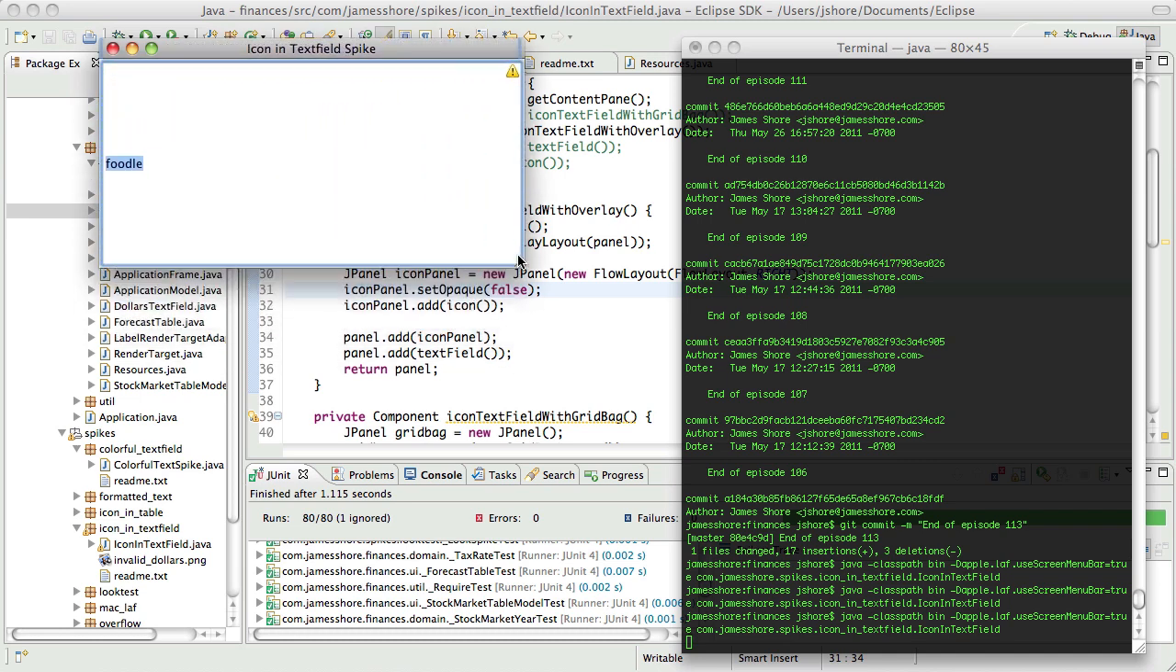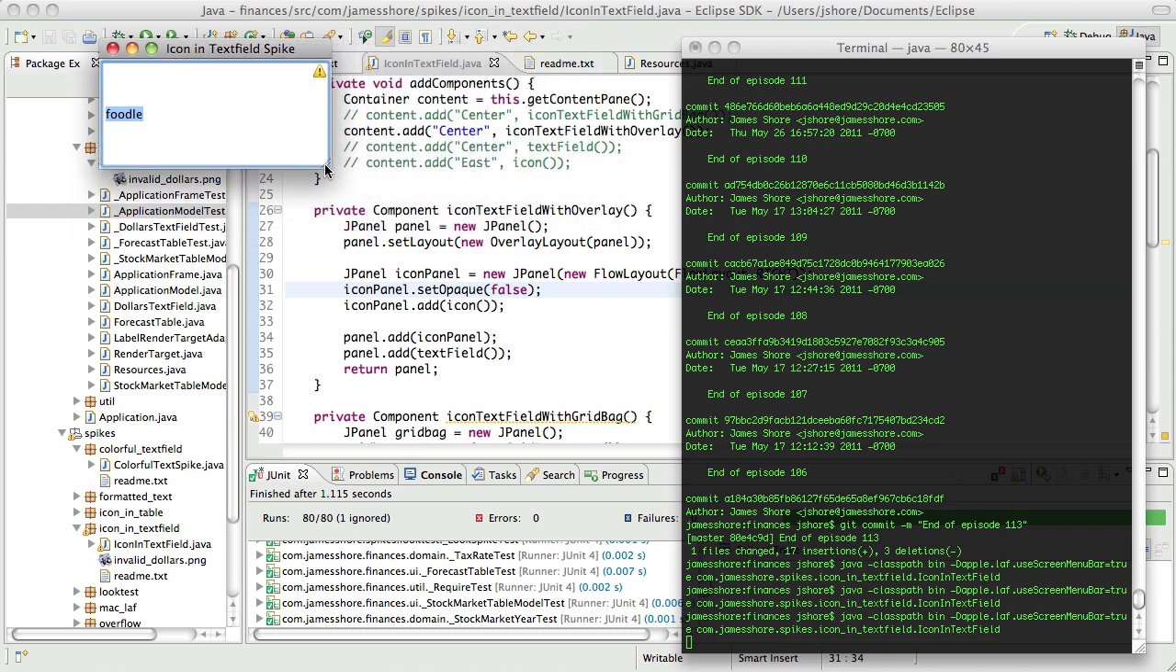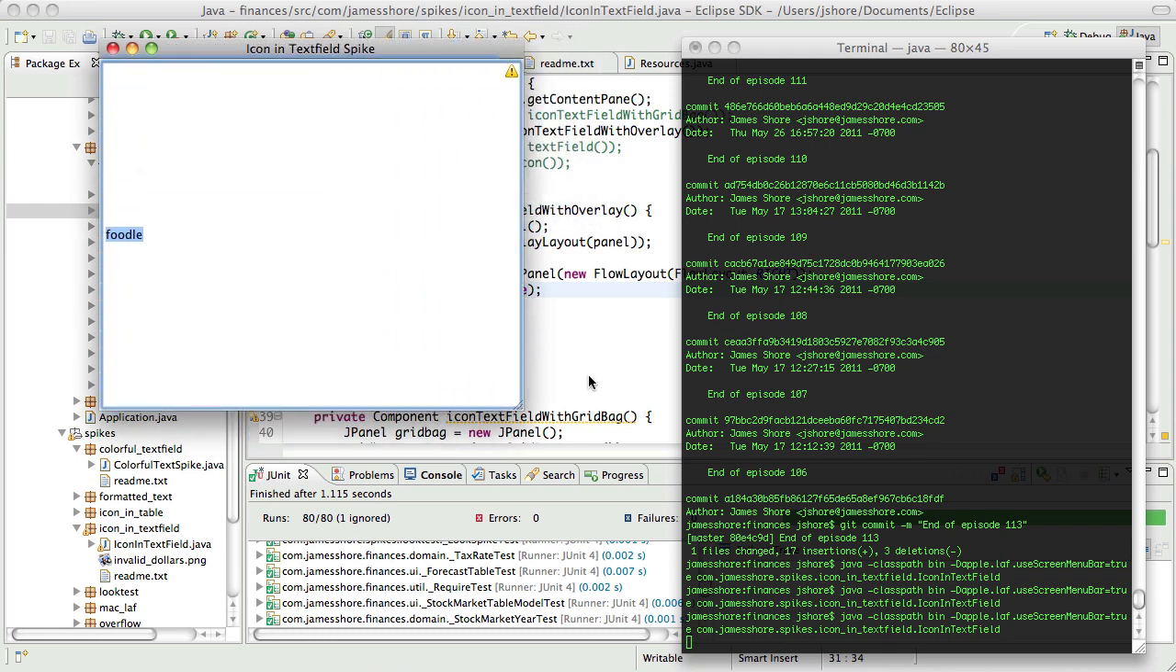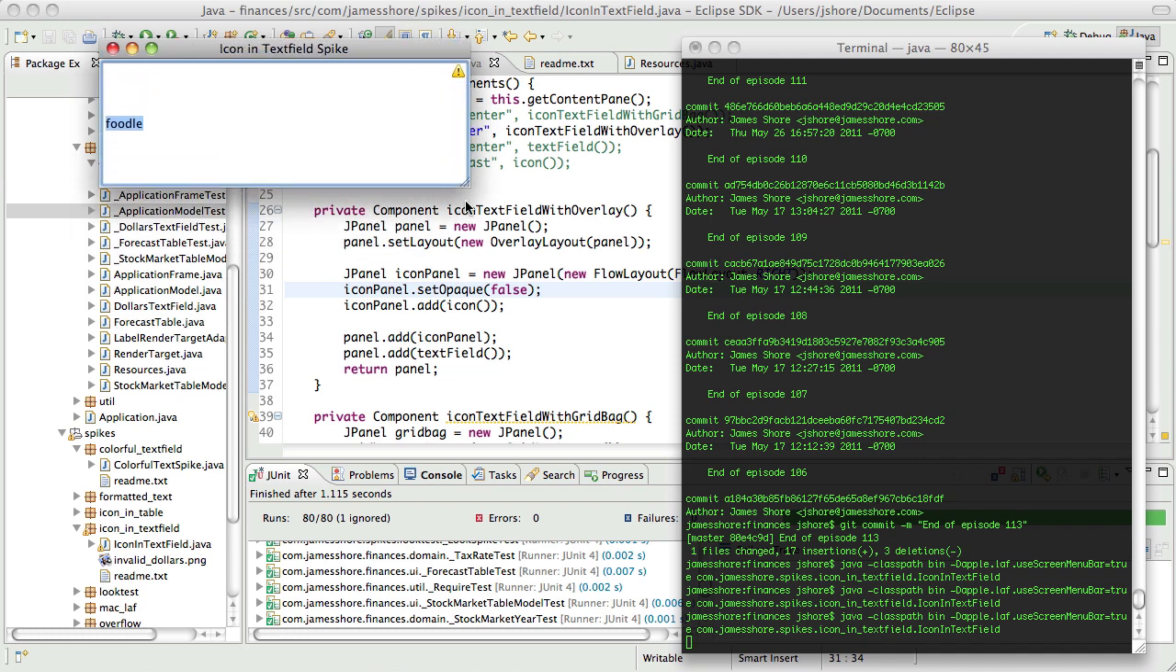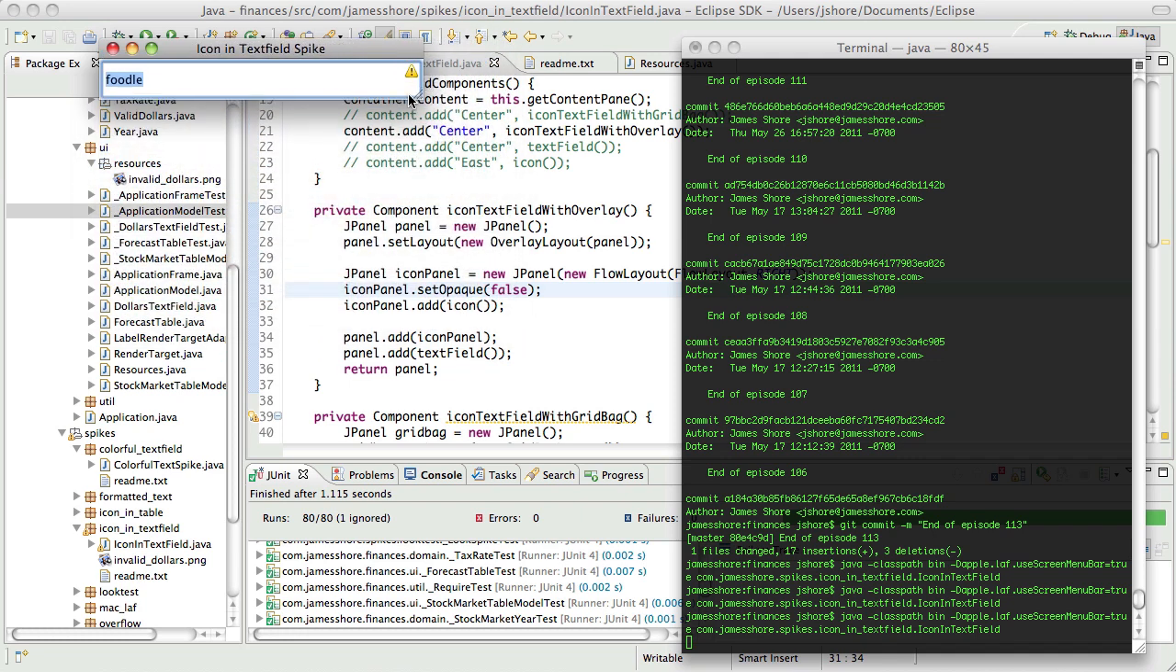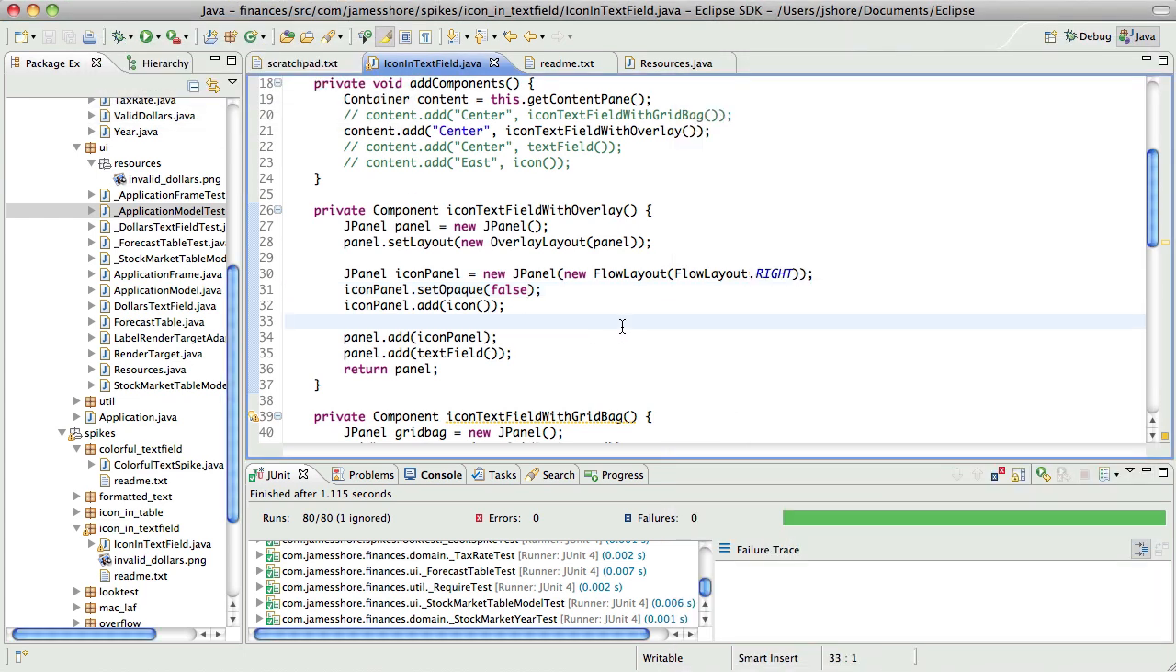Now the only problem is the icon's staying in place and the text is not, but we're definitely sneaking up on this problem. We're getting closer and closer with every step. What if we made the,